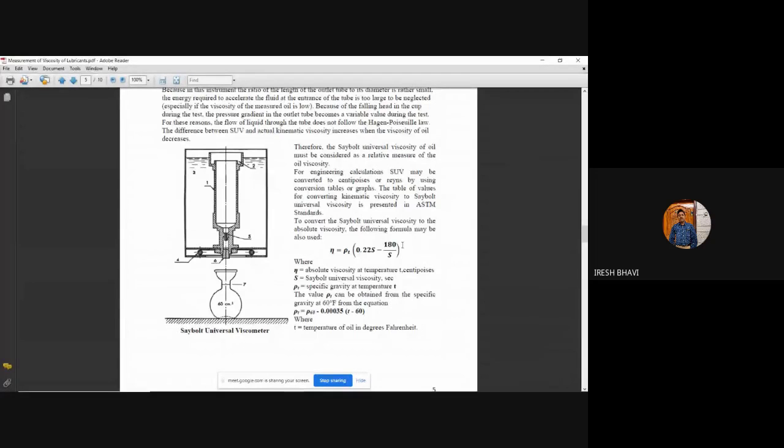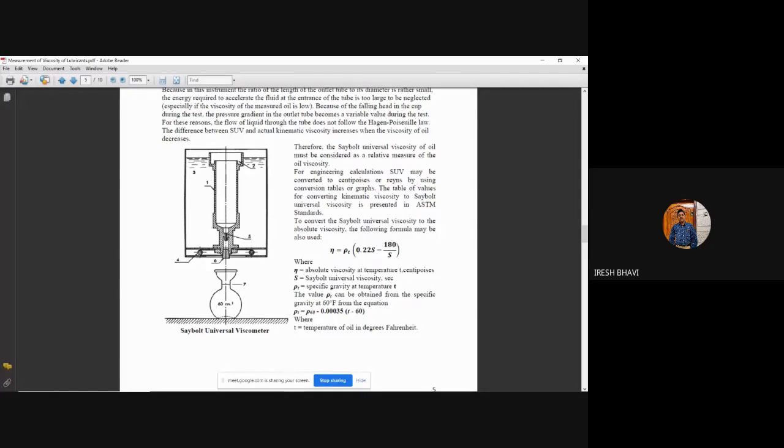Like this the specific gravity will be measured at different temperatures. You know that as the temperature changes, the specific gravity or the mass density of any liquid will also change. Hence, specific gravity has to be measured at the required temperature. At whatever temperature you want to measure the viscosity of the oil, at the same temperature you have to measure the specific gravity of the oil, and that temperature has to be maintained continuously in the cup. Otherwise what happens, first you will heat the oil to the required temperature, and when you pour that oil in this cup, its temperature decreases. As the temperature decreases, automatically its viscosity increases. So you have to maintain that temperature.